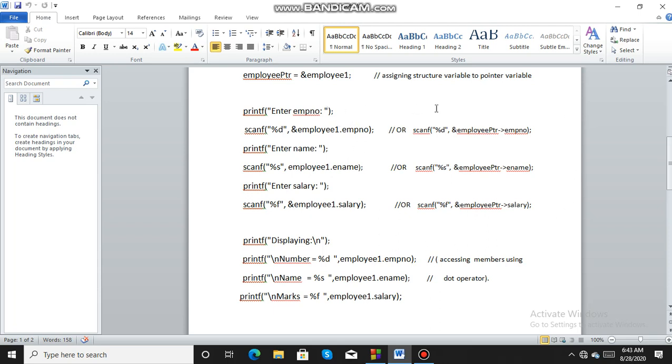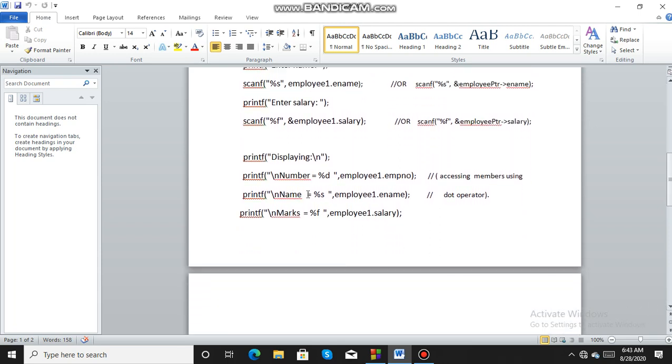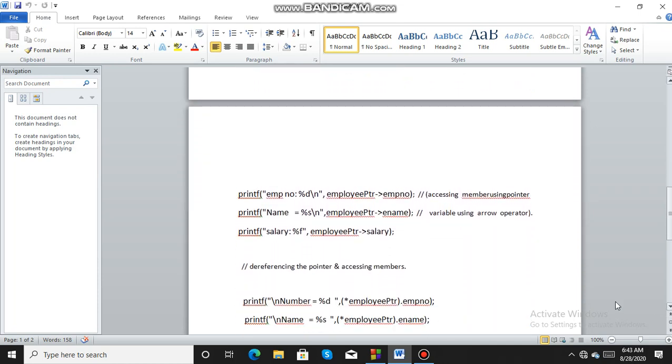After assigning the values to the structure members through scanf, we are displaying that information one by one. First we will display the information through the structure variable, then we will display the same information through the pointer variable, and then through the indirection notation.